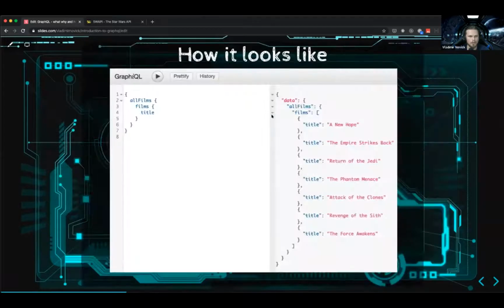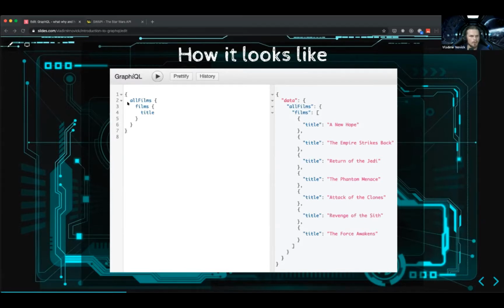So how does it look? It looks like this, and you see a sort of weird syntax which looks like JSON, but it's not. Now, the cool part with GraphQL API is that every GraphQL API will expose, unless you limit that on the server, a web IDE that will be sort of like Postman, where you can query the data from this endpoint.